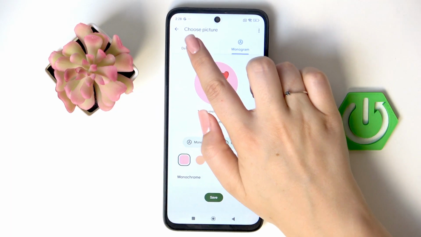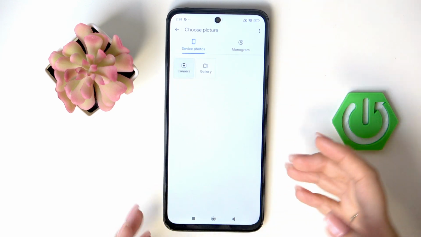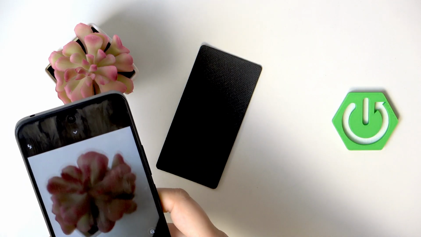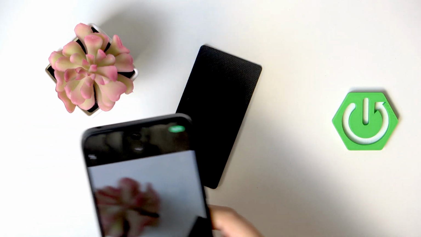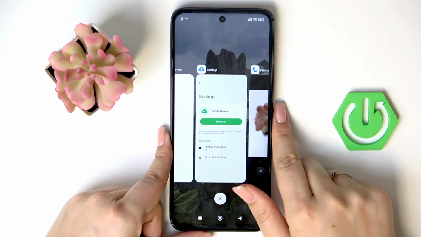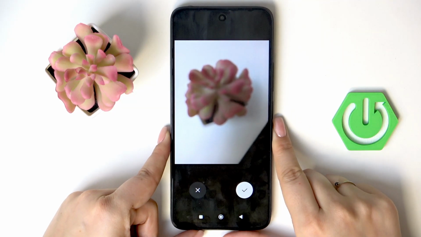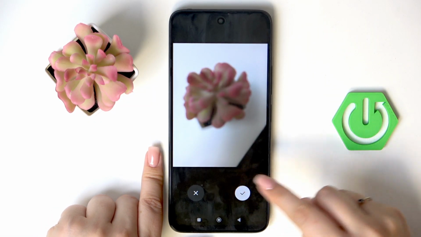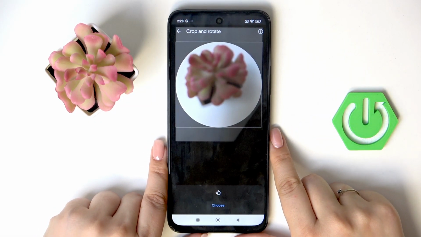I also wanted to show you, let me go back to the device photos and we will quickly take a photo of this flower next to me, so I can show you how the customization, let's say, works. So after taking a photo, I know it is blurred, no worries, just tap on this tick icon,